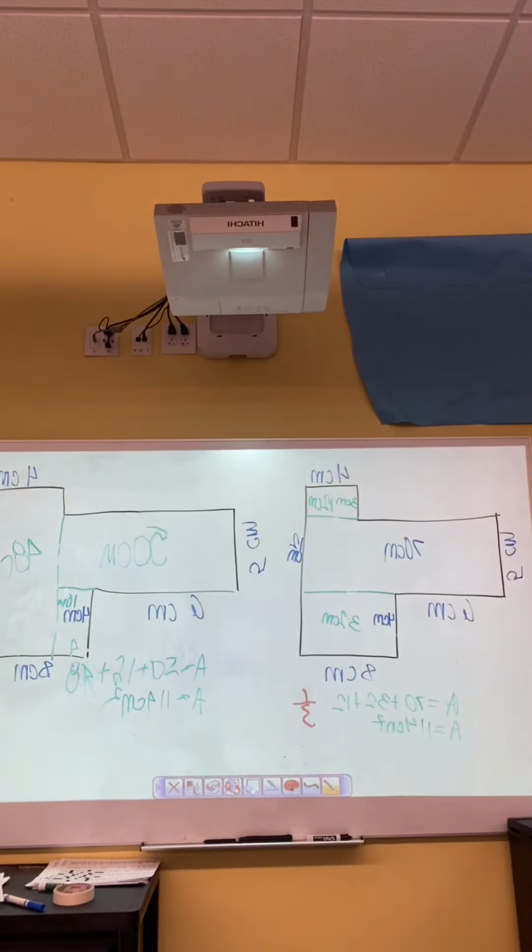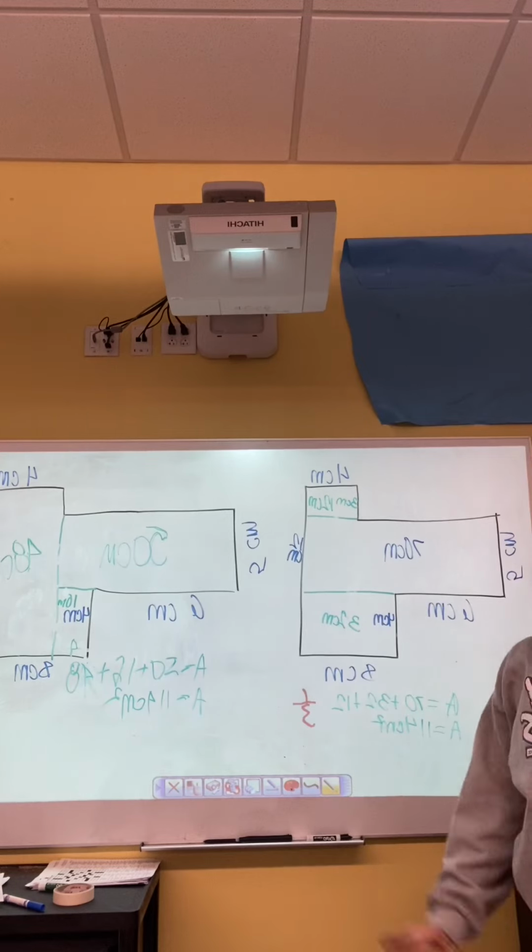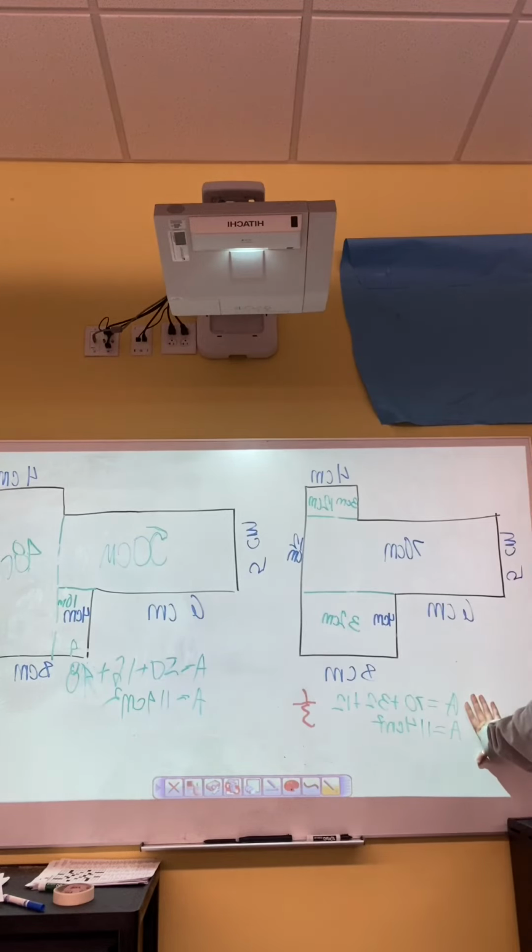All right, let's go over what y'all did for your do now. So we have Jennifer and Pedro's answers up here. When you first look at it, they did section off this shape in different ways, but if you look all the way to the bottom, their final area calculation, Jennifer got an area of 114 centimeters squared, and so did